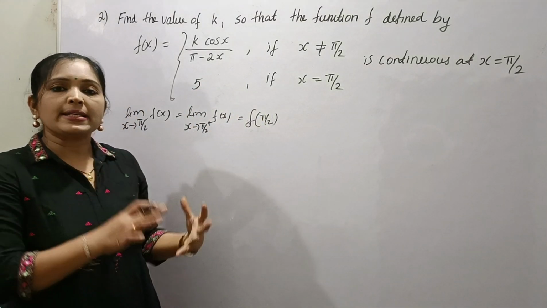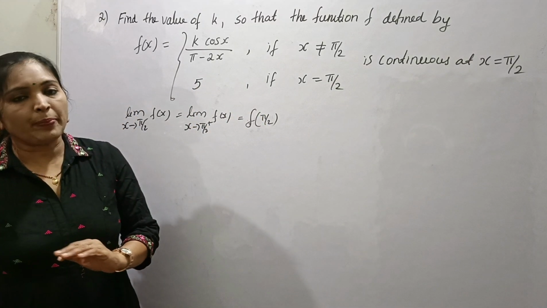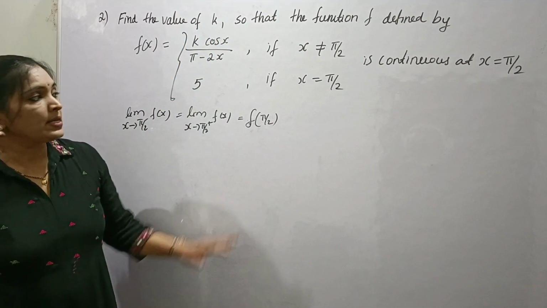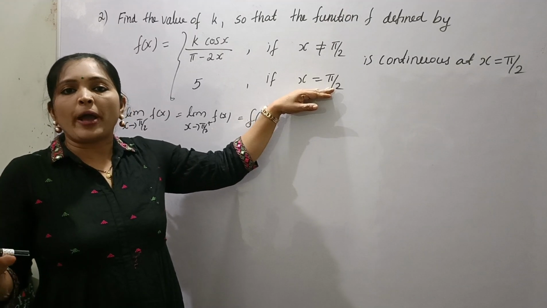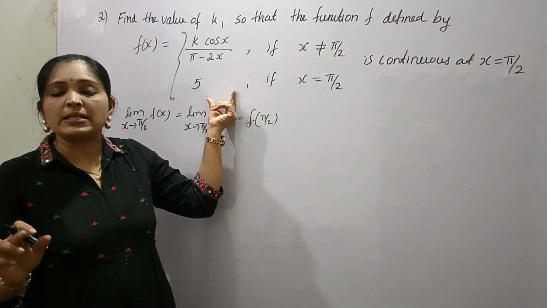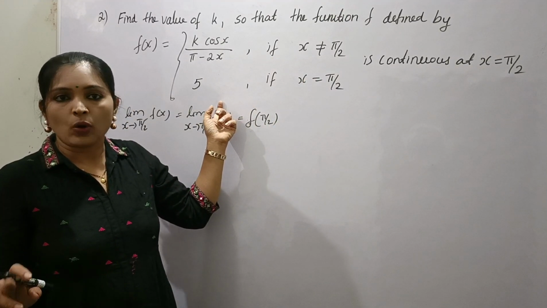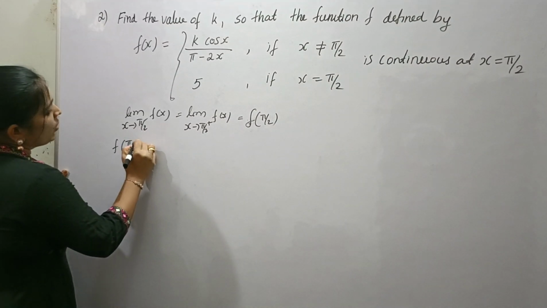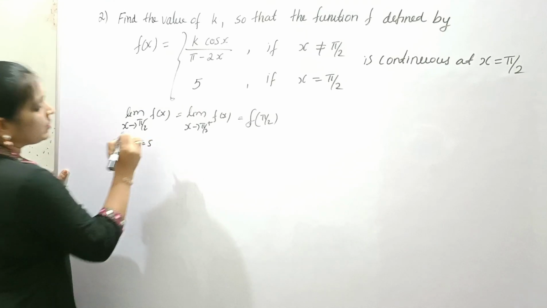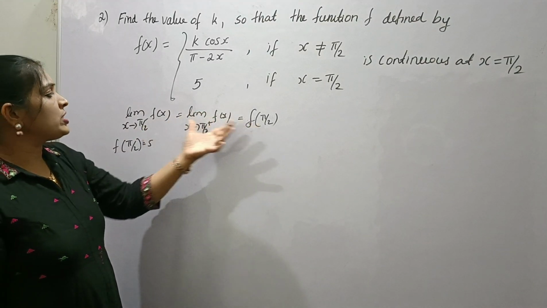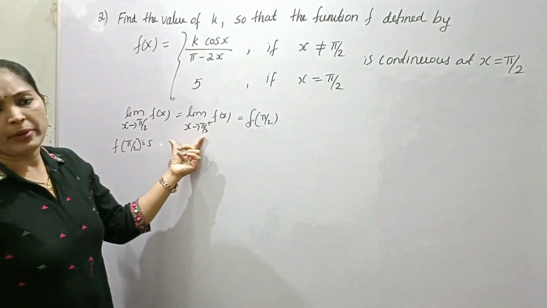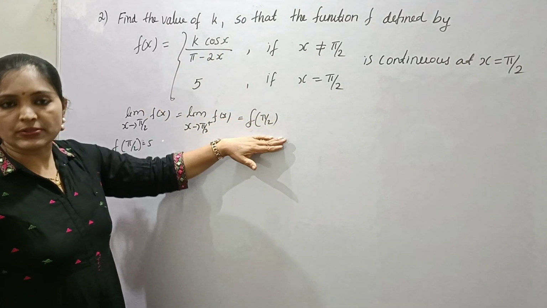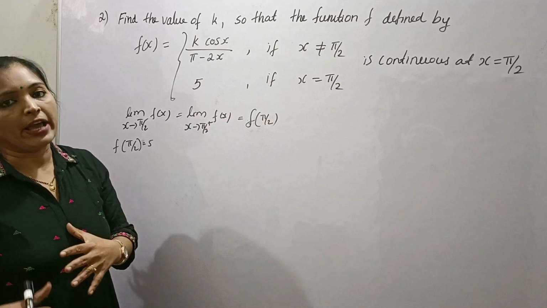That means for x less than pi by 2 and x greater than pi by 2, the function is same, that is k cos x divided by pi minus 2x. And if x is equal to pi by 2, the function is 5. That means f of pi by 2 is 5. Okay. So here f of pi by 2 is equal to 5. Okay. Then now we can find any one of these. Pi by 2 minus, pi by 2 plus, because the function is the same, right? So let's find this one and equate to this value of the function